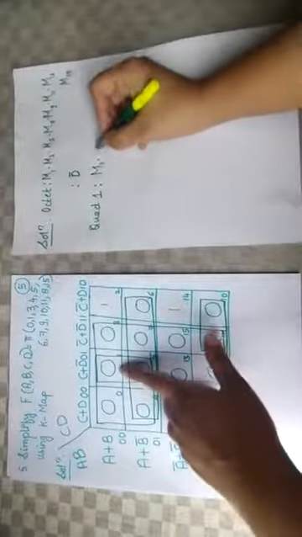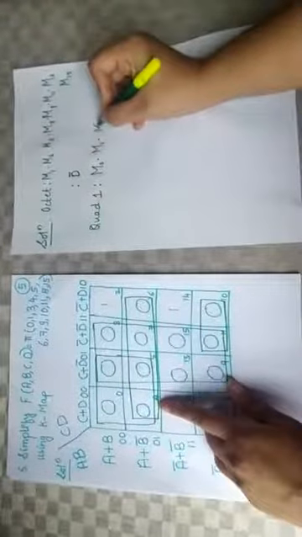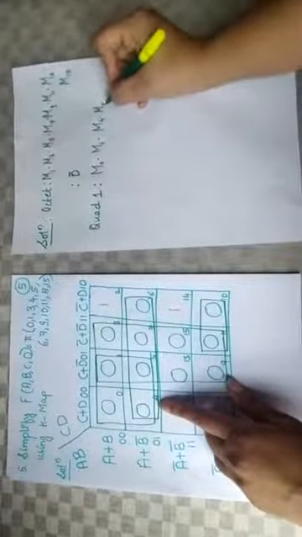Next we have to go for the quad. Say quad 1. Let us consider this quad, these 4 zeros together. It is M0, M1, M4 and M5. Okay. Now this quad is associated with these 2 rows and these 2 columns. Now in these 2 terms, what is the common term? It is A. Now this is associated with these 2 columns. Here what is the common term? It is C.